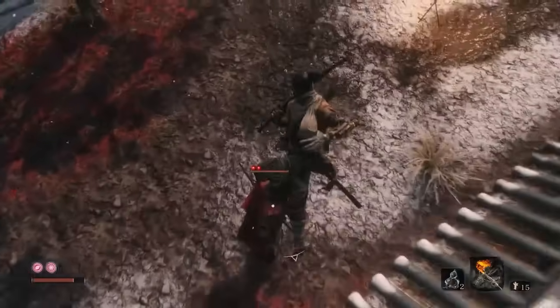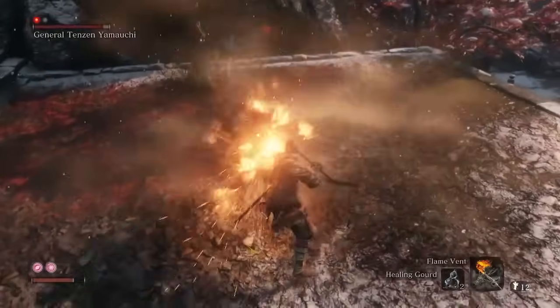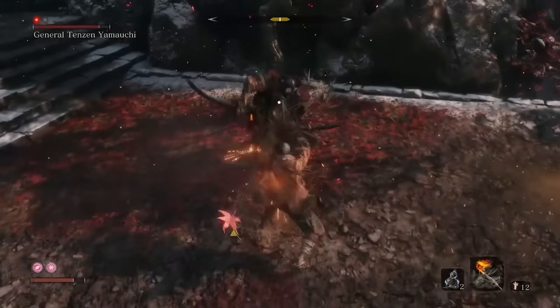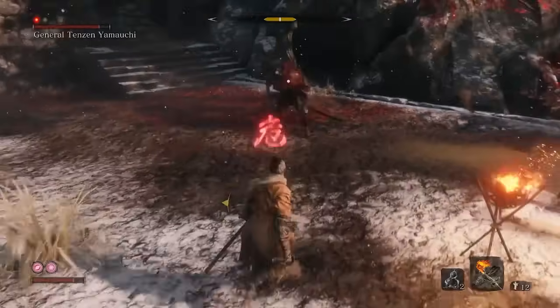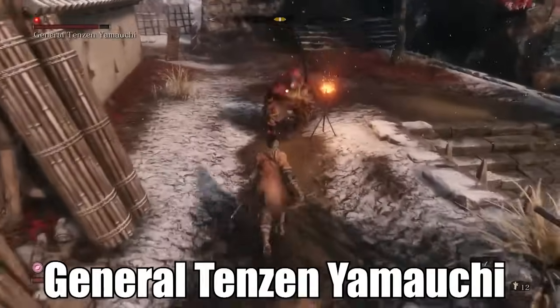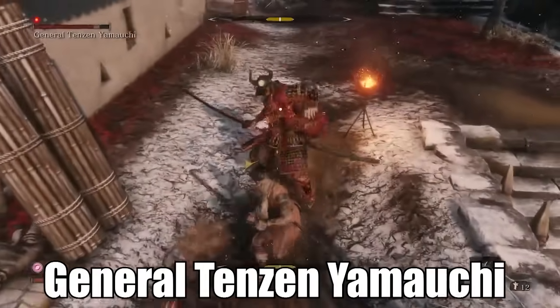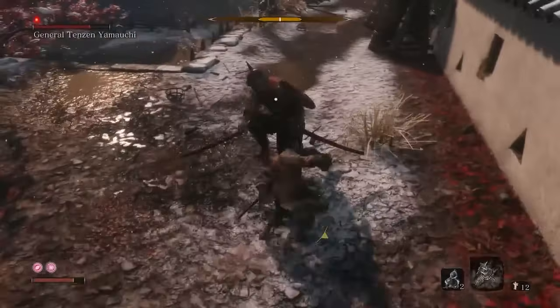And as your reward for taking down the Chained Ogre, you are immediately dropped into another boss fight with a completely opposing concept. Whereas the Chained Ogre was a single unstoppable foe, albeit with a couple mobs in the area nearby, you are now facing General Tenzen Yamauchi. That's right, it's already time for the second general mini-boss, but this time he has a horde of allies, and